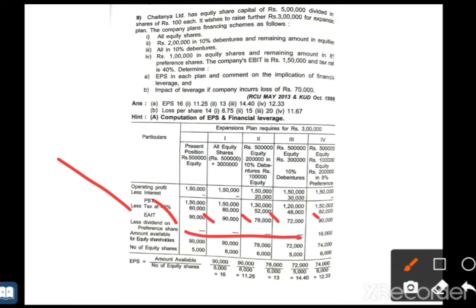Dividend is given only for preference shares. Preference shares are available in the fourth plan. We take 2 lakh into 8%, and we get 16,000 dividend payable to preference shareholders. After minusing the dividend, we get exactly the earnings available to equity shareholders: 90,000 existing plan, plan 1 90,000, plan 2 78,000, plan 3 72,000, and plan 4 is